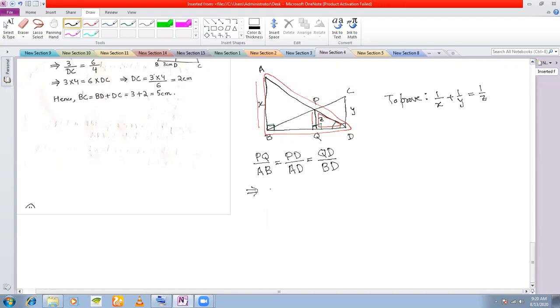So now what are the values? PQ is Z, PB is X, is equal to PD by PD, and QD by BD also I don't know, so I'll write as it is. Call this 1. Okay, now let us consider the other. If I erase this a little, it will be easier to explain.